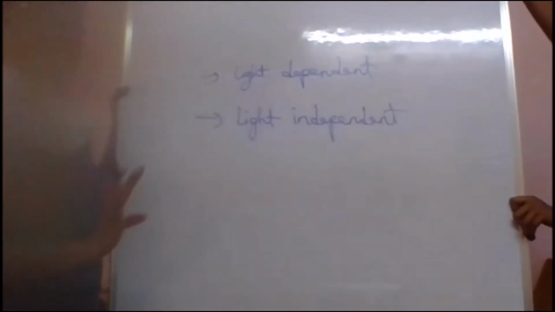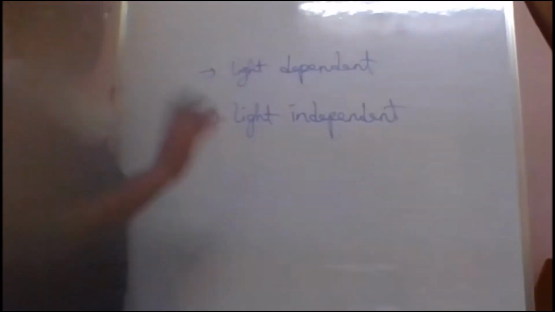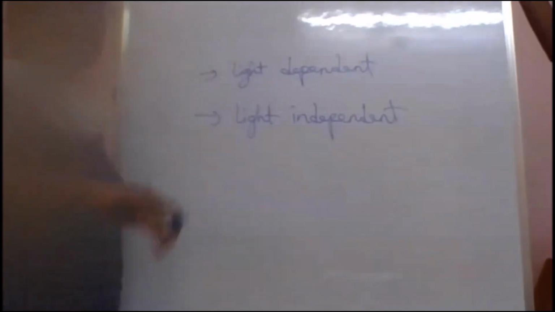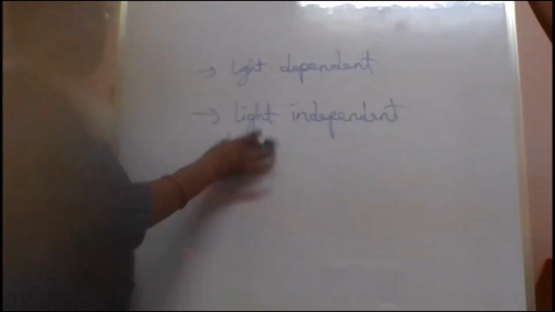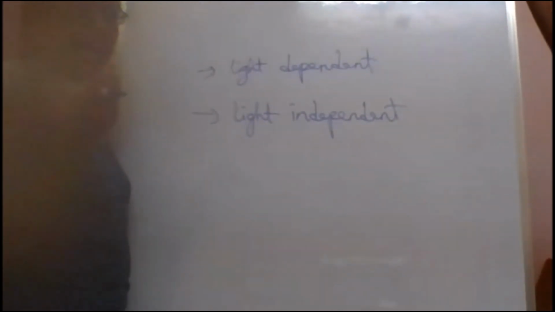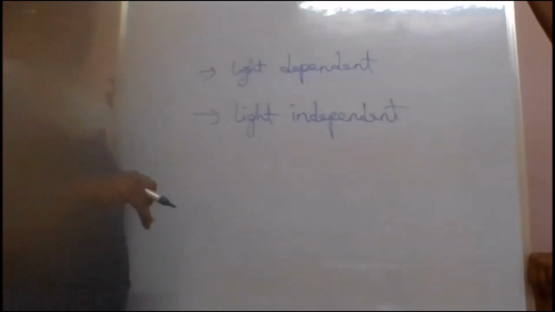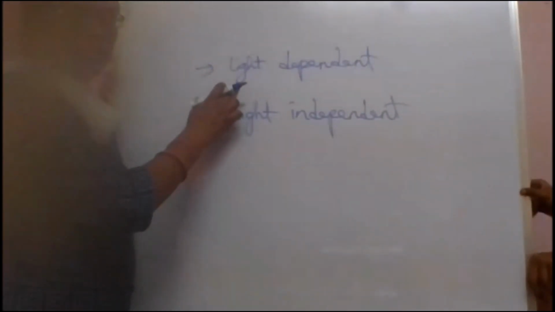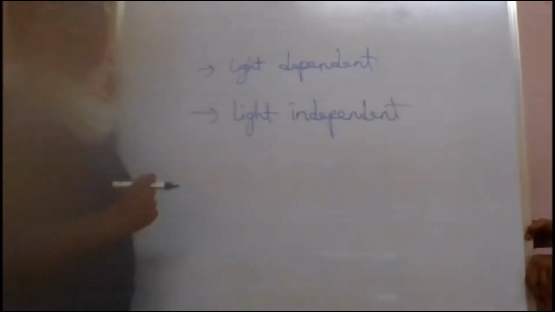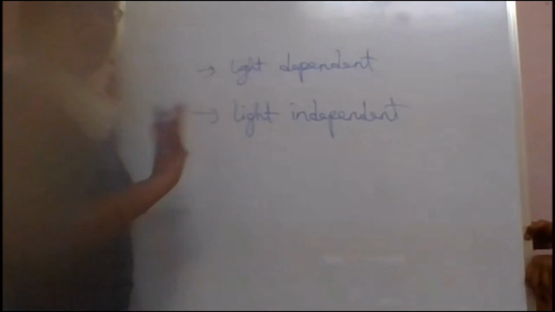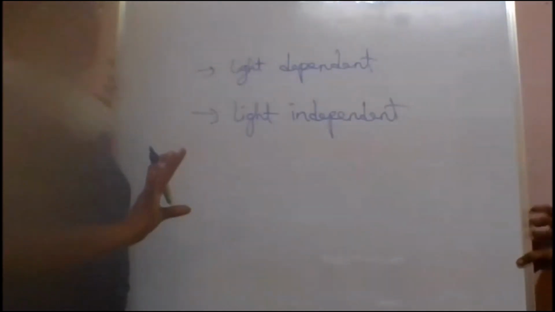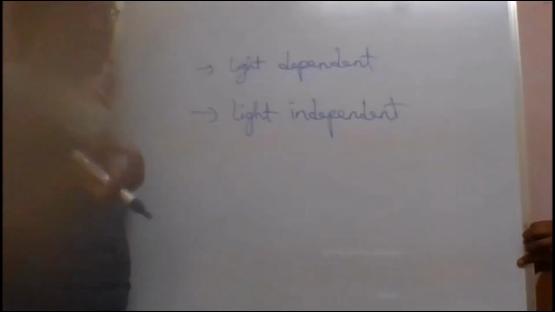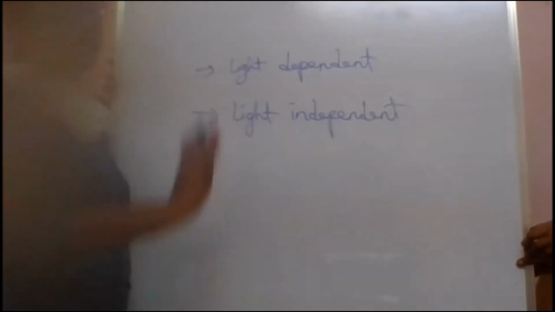But really, this will not occur in the dark. There is a misconception among children that the light independent reaction, which is usually called dark reaction, occurs during night time. But don't have that misconception. Whatever the light reaction and dark reaction are, they are performed within a gap of a fraction of seconds. After the completion of the light dependent reaction, within a fraction of seconds, the light independent reaction is carried out. So usually don't call it dark reaction, but if they say dark reaction also, don't worry. But this will not occur in the darkness. This occurs simultaneously, with a small gap after the light reaction, and then the dark reaction goes on.